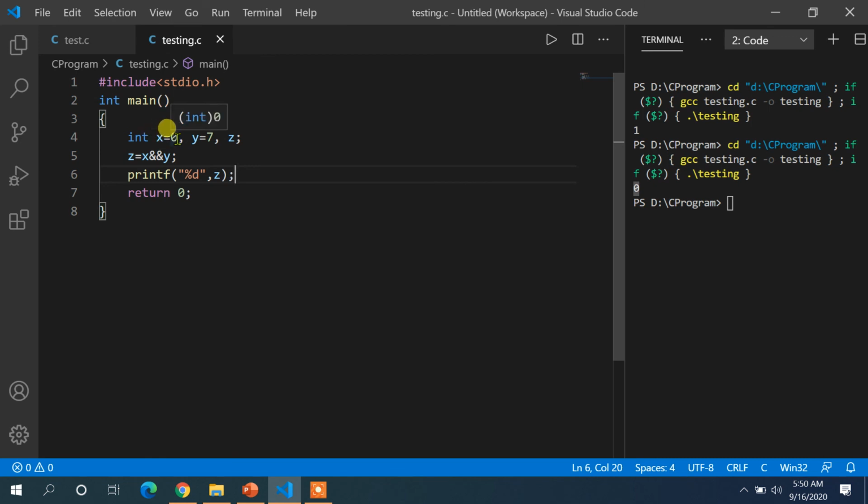Let us change the question: x is equal to 7.5 and y is equal to 3.4. Just note down this question and try to find out what should be the output of this particular program. Also check by changing this AND operator to the OR operator and check whether the answers are different or similar.